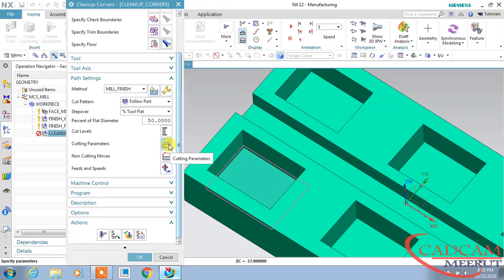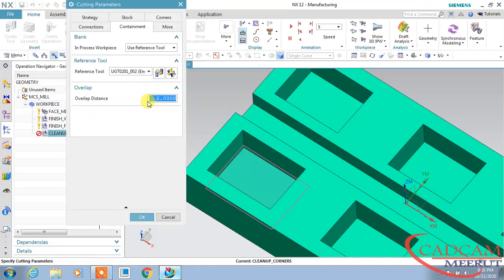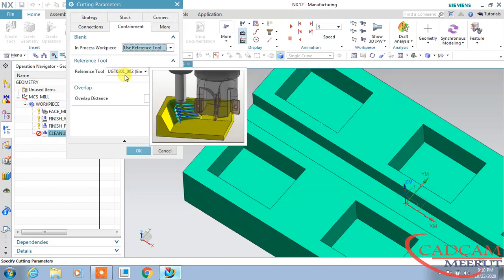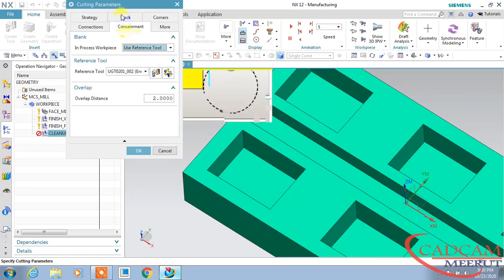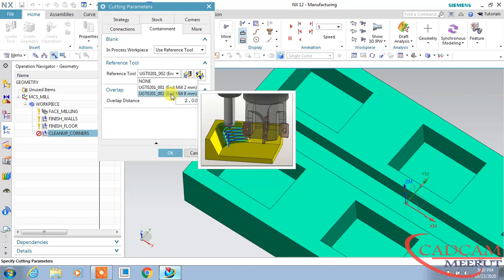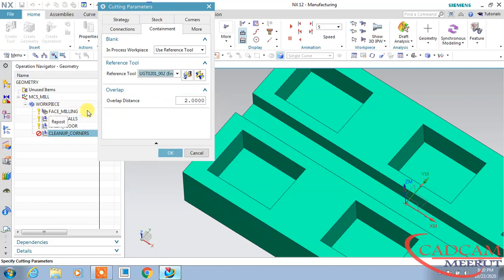Here we have to make some changes in cutting parameter. By default it uses 2D IPW. We have to change this to use reference tool. We have to choose the tool which we used in the previous face milling operation. We used this 8 mm diameter end mill for face milling.